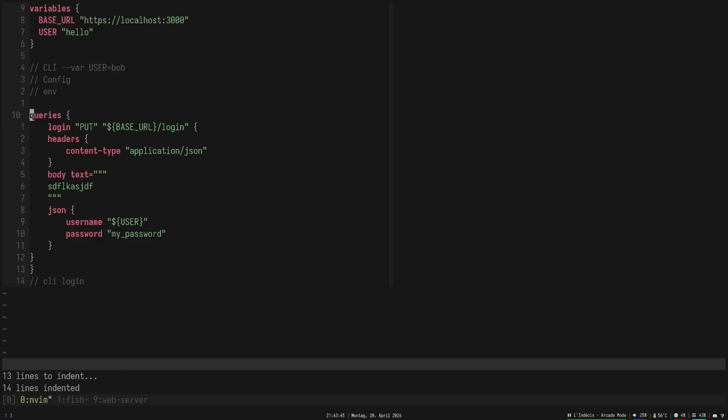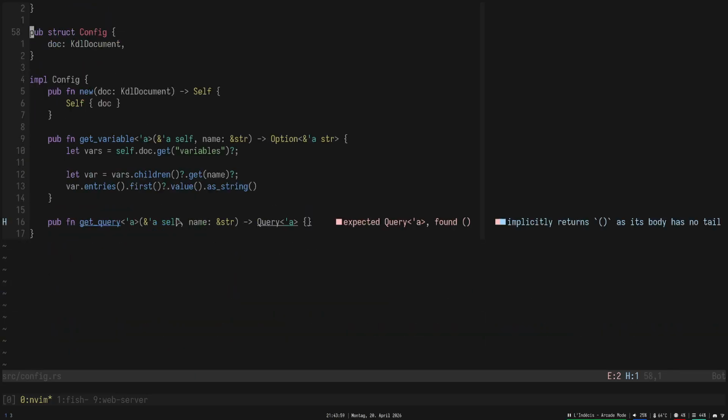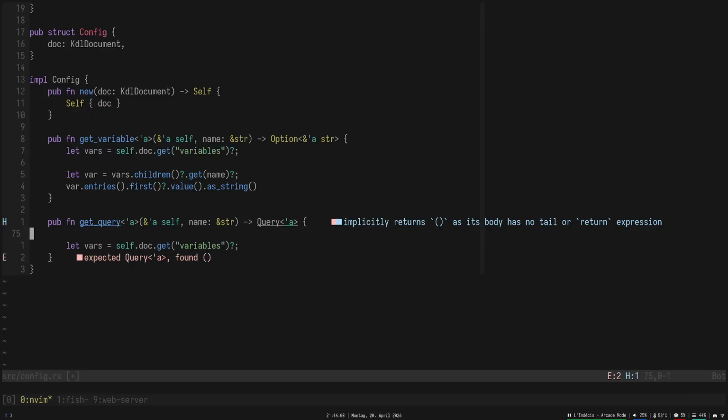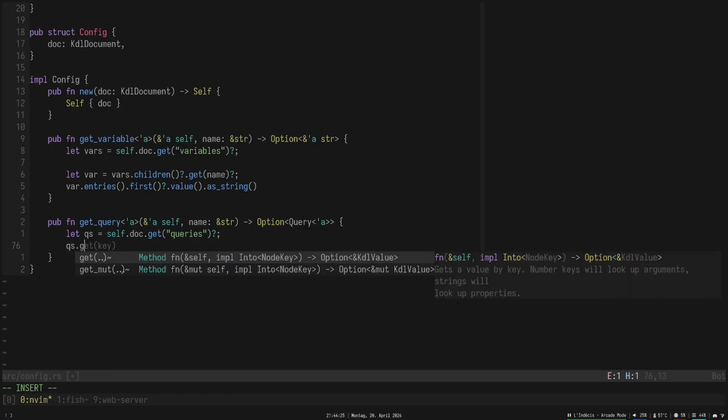Oh, the indentation doesn't work properly. That's a little bit annoying. That's fine. Great. Okay, so queries is going to be this. And then we're going to say, in order to do this, this is going to return an Option<Query>. And so we're going to say, look in the queries, and then we're going to say queries.children